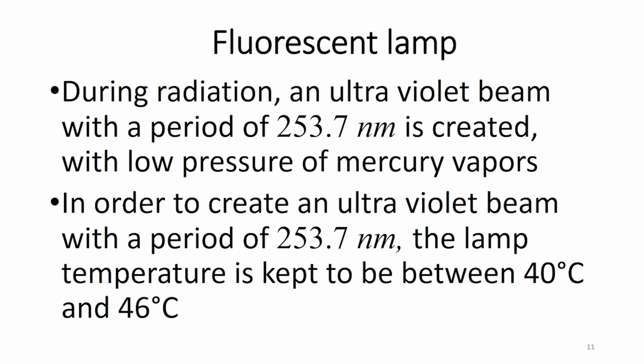During radiation, an ultraviolet beam with a wavelength of 253.7 nanometers is created with low pressure of mercury vapors. In order to create an ultraviolet beam with a wavelength of 253.7 nanometers, the lamp temperature is kept between 40 to 46 degrees